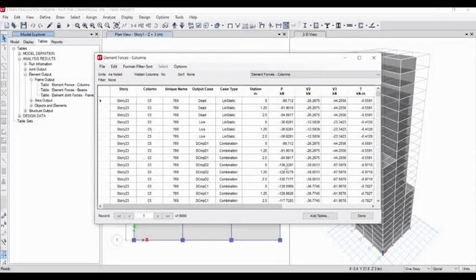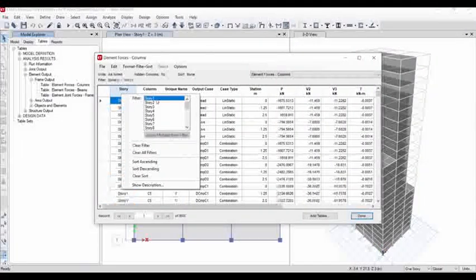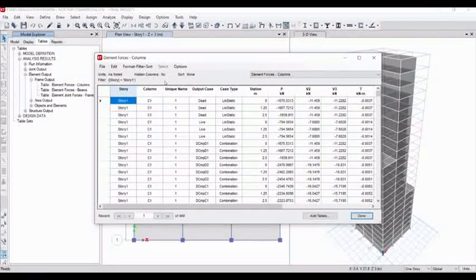Here in the table we will get every type of column, and here we will take the story 1 columns, because only the dead load and live load of the story 1 columns are taken for the foundation.